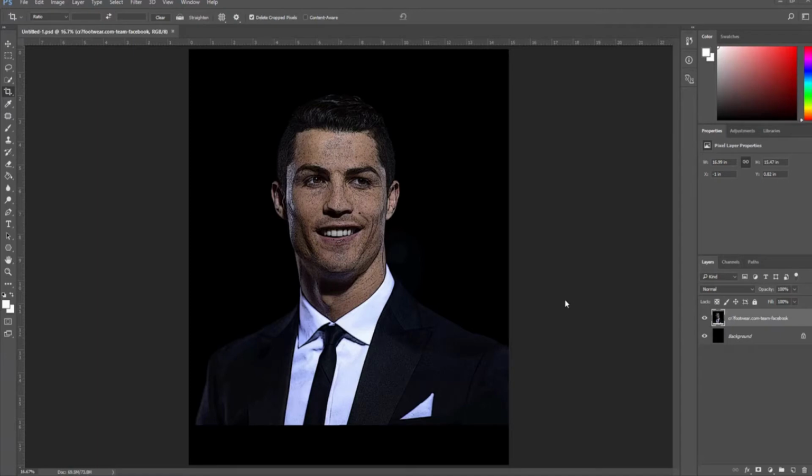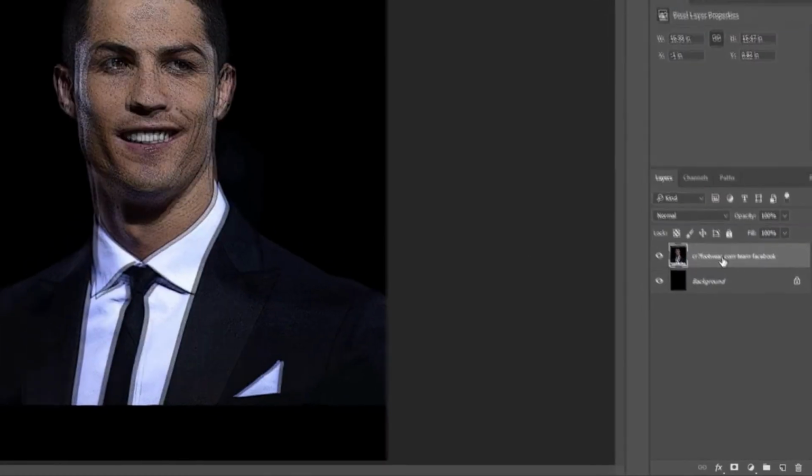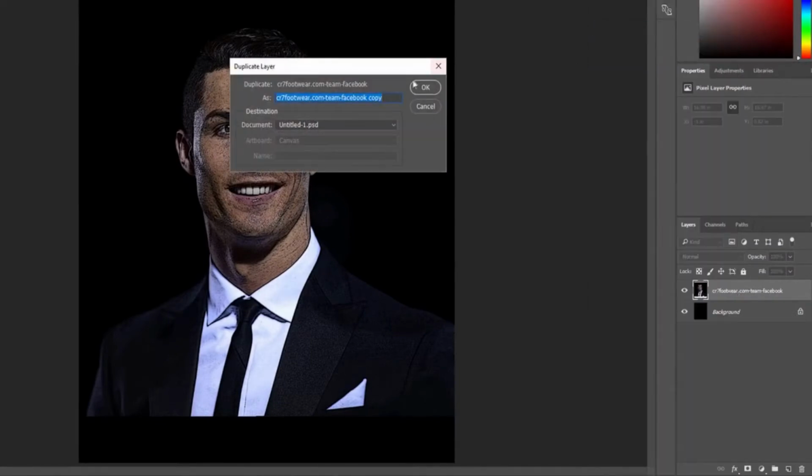Hello my dear students, in this video I am going to show you how to turn this picture into a pure black and white sketch using the threshold filter. To do this, at first we need to duplicate this layer. I just right click on this and select Duplicate Layer. I just type this name as Layer 2